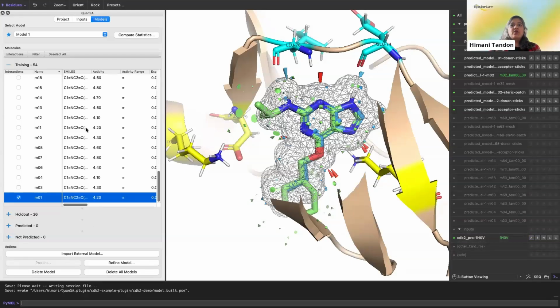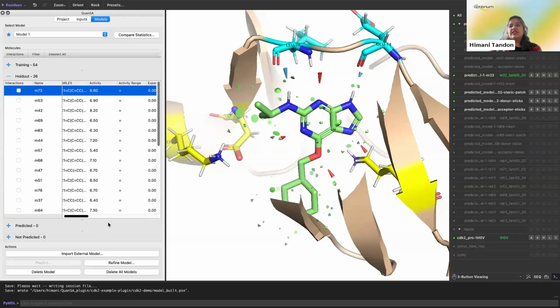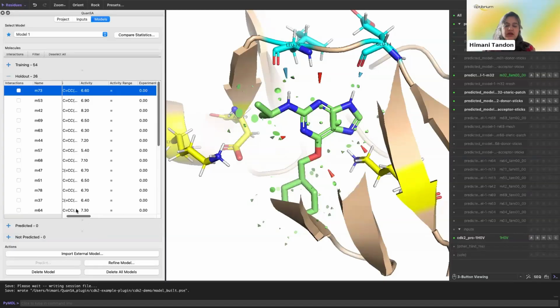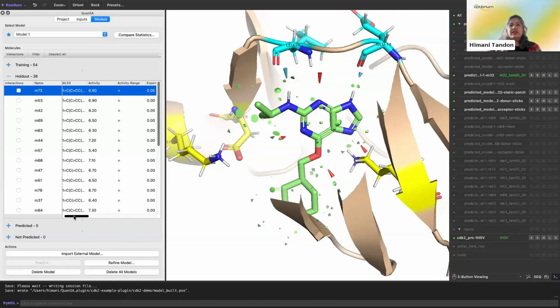So at this point, once we have looked at what the model has learned, we can start looking at how it is making those predictions. So let's look at the holdout set first. And we can actually now see how it has made predictions. We can copy these predicted values and compare them with experimental values in a scatter plot, and we can see that QuanSA is able to get a very low average error in this case, and it is able to predict accurate values for the holdout set.